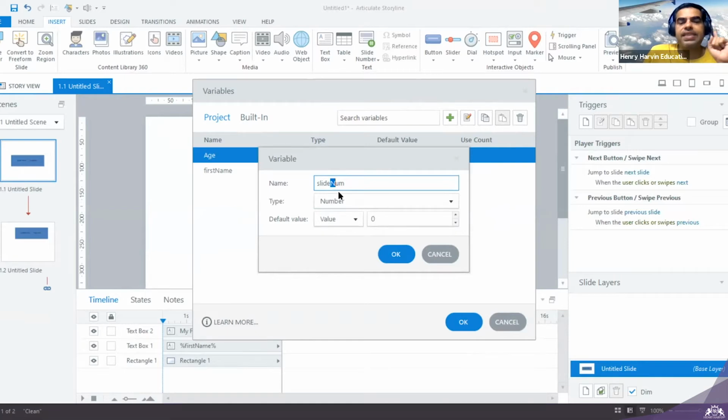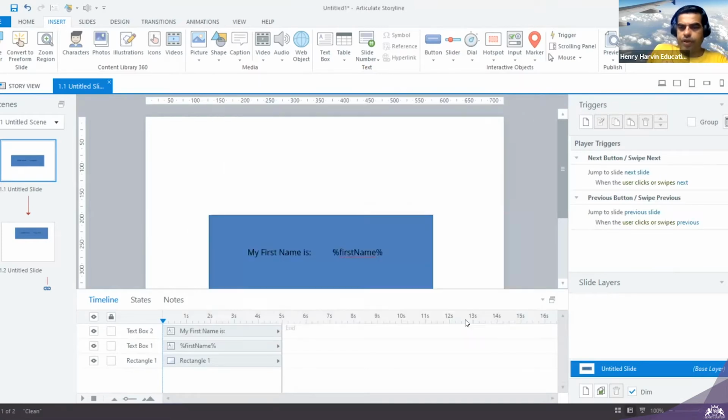One more thing is that it is case sensitive. Case sensitive means whenever you are using slideNum, the way you write it, the same manner you have to write it. Suppose while referencing it, if I put S as a capital, the value won't be displayed. In this storyline there is no restriction, but naturally in any other programming language there are rules and regulations we have to follow. Okay. So slideNum, I say okay, and I say okay.